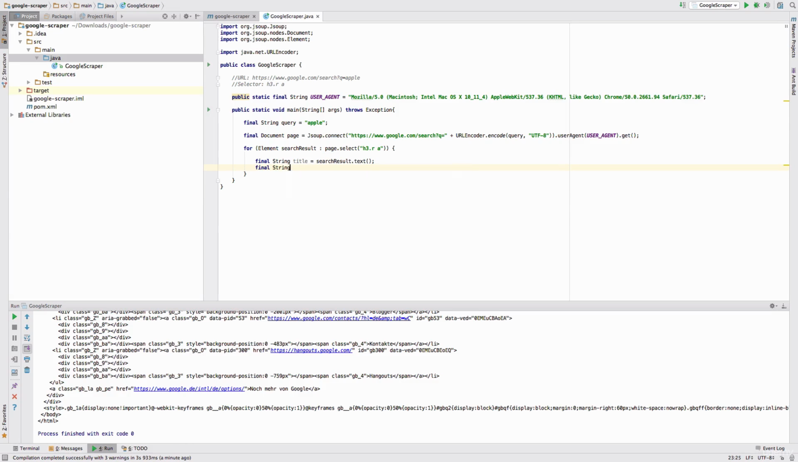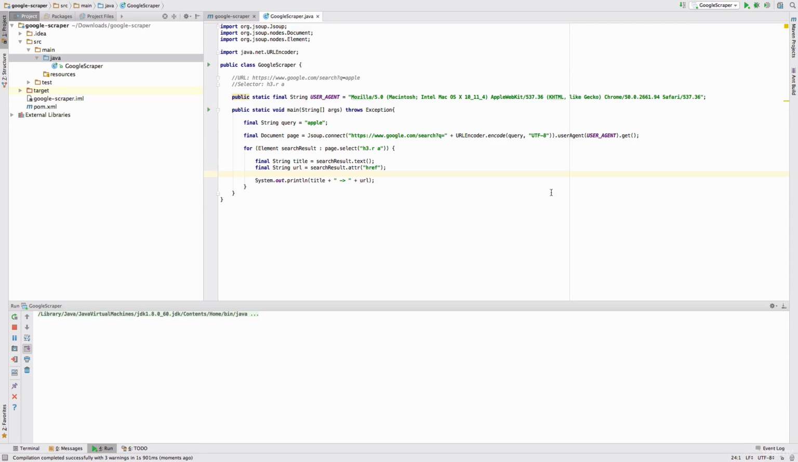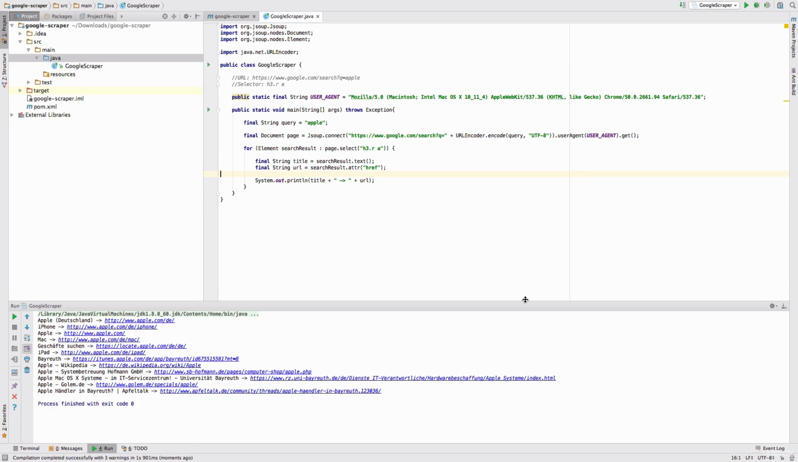And then the URL, this should be something like attribute href, and then we just print it out to the console with title and URL. Let's see if this works. Just run it again. Yes, there it is. What we got here is pretty nice, but not quite what I expected when recording this